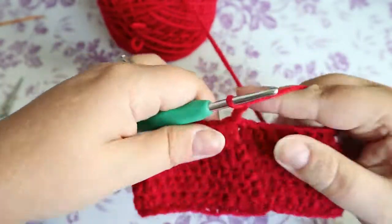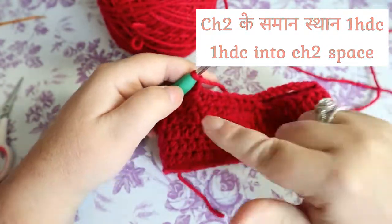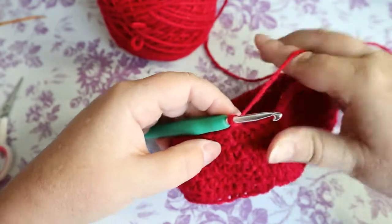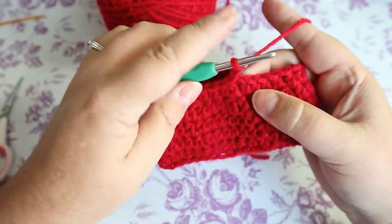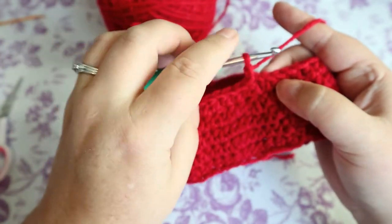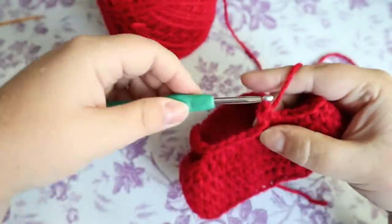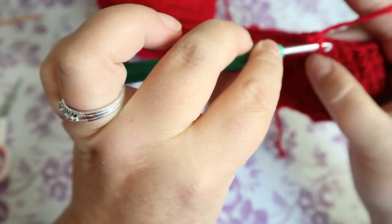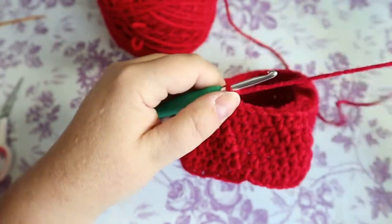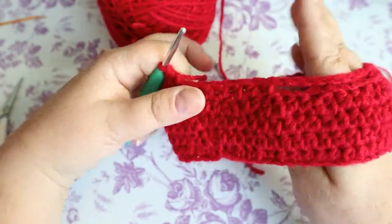And I'm going to chain 2. So, you don't have much of a seam. Mine's crooked for some reason. I'm not sure what's going on. I think I get a crooked seam because I go literally into this first space instead of, like, I go into here. Actually, I have to with my half double. Sorry, put a half double in that same space. But I go into this stitch instead of this stitch afterwards, and I think that's why I get a crooked seam. Anyway, I am better with amigurumi than I am at this seam business, but...